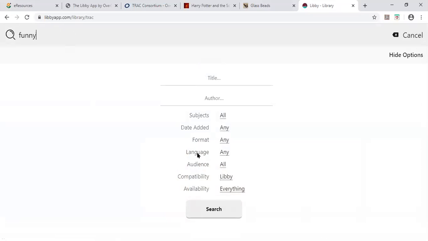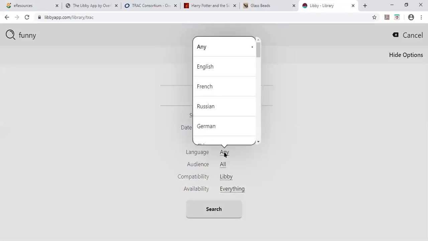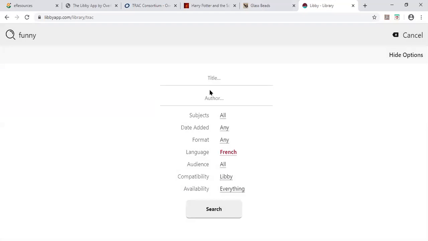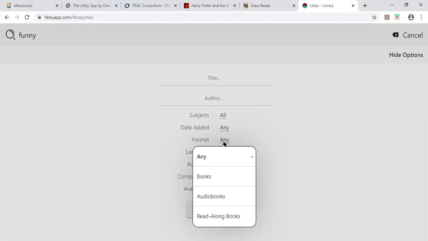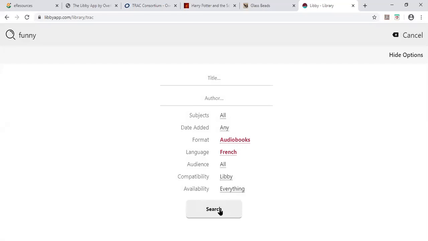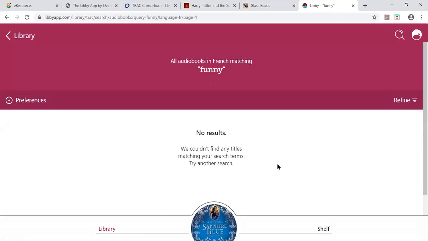And here in your search, you can change the language. So here we're going to select French. And you said you wanted an audiobook. So we're going to go with our format, audiobook, and search. So currently there are no results for funny in French audiobooks. So what we can do